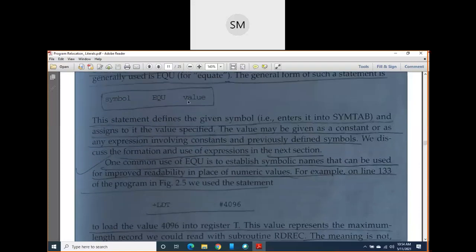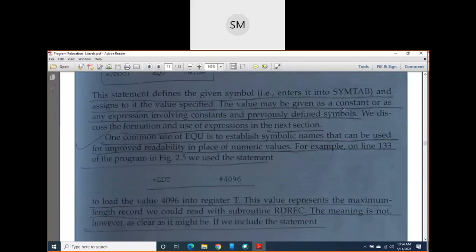The value you assign to the symbol may be a constant, like a character constant, a hexadecimal constant, or any other constant like 3, 5 or 4096. Or else it may be an expression. What this expression is and how to write it, we will see in the next topic.